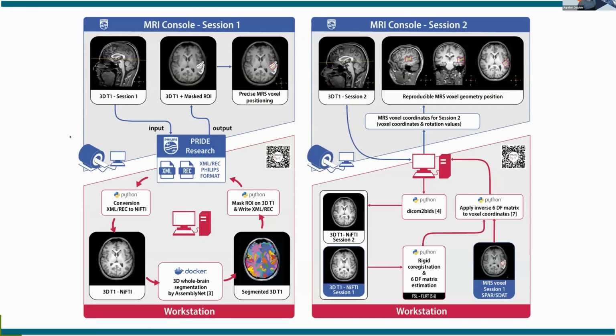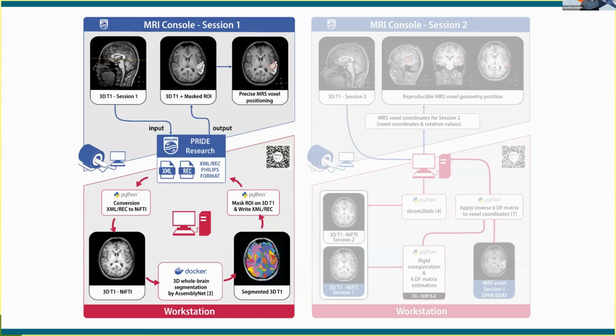Here is what I presented at the ESMRMB in Barcelona. We actually did that in two different tools. For session one, we focused on the accuracy of the geometry planning. So we perform an anatomical scan, and here on our Philips research system, we use Pride research to send those data